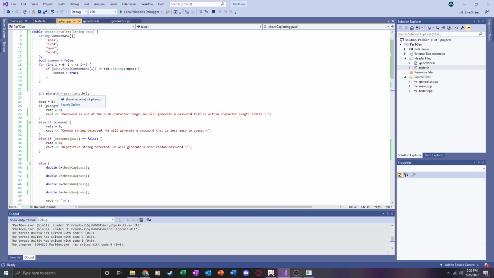There are other criteria that must be passed. Whether or not the password is too short or too long, it could fail. If it contains a common word or a common string, it could fail. Or if it fails the check repetition, which is